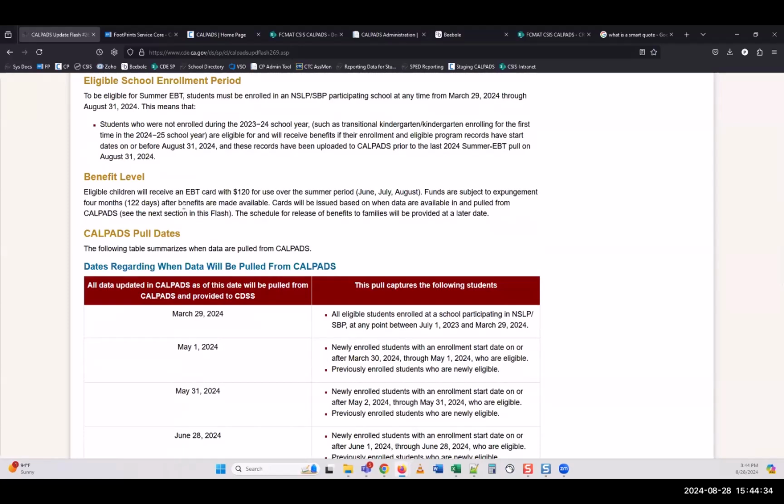If they were not, and they're enrolling for 24-25, again, they need to have that program record eligibility date on or before August 31st, and meet the requirements to have that program record for the 24-25 school year on or before August 31st.